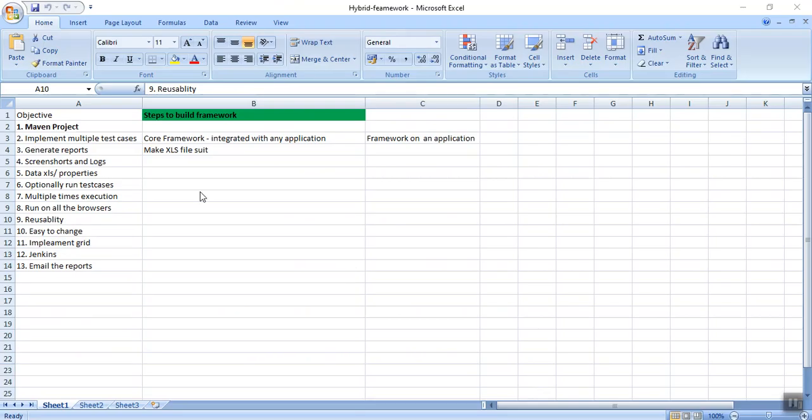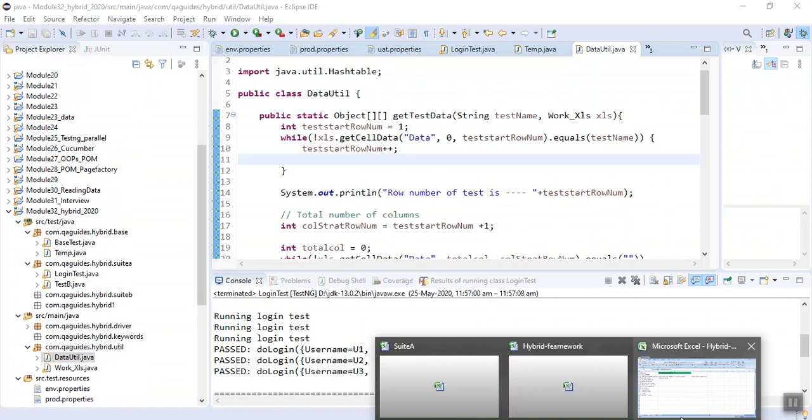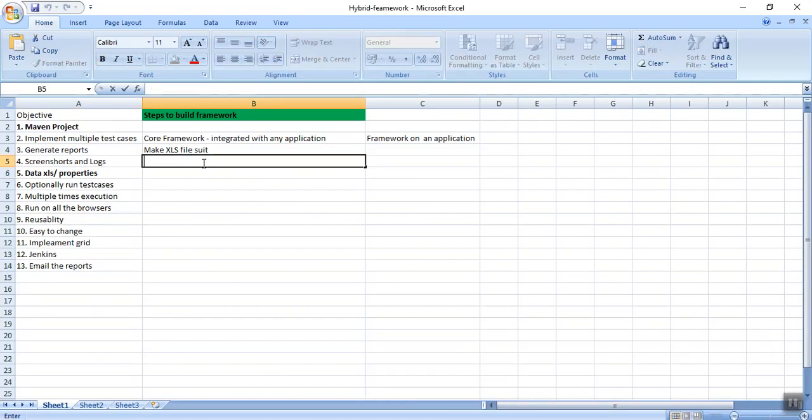Okay. So see, I have done with the Maven project. I have done with data XLS properties. Okay, read the data from XLS. Now what I am doing? I am doing reusability of code. So be with me. I am working on it, almost done. So what I have done till now, I have made a base test class.